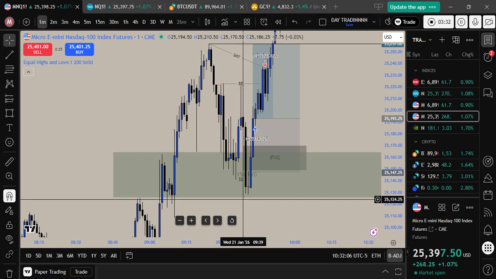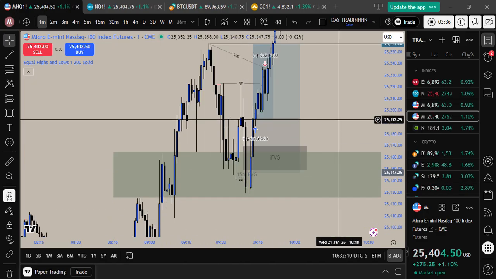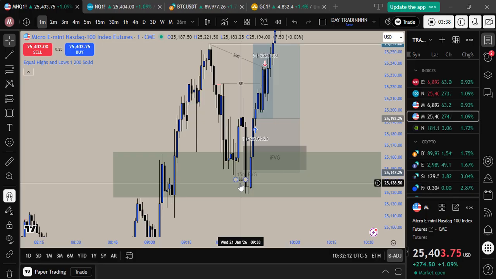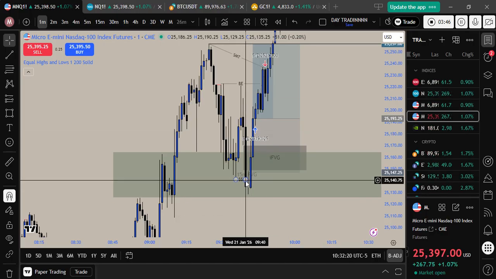Our time frames were aligned because we aligned a 4 hour with a 15. So we had our liquidity sweep and delivery from fair value gap. We had momentum. As you can see, these two candles are displacing through the